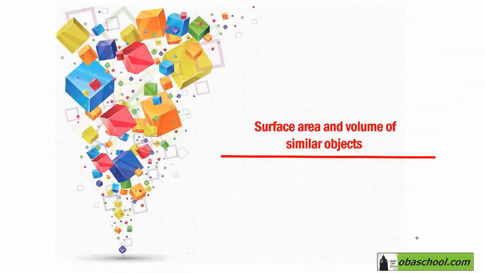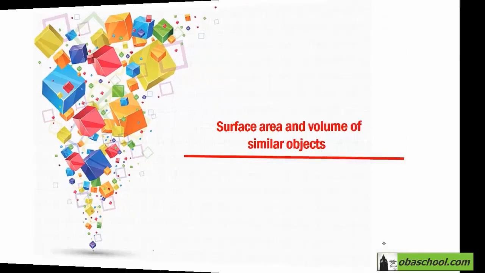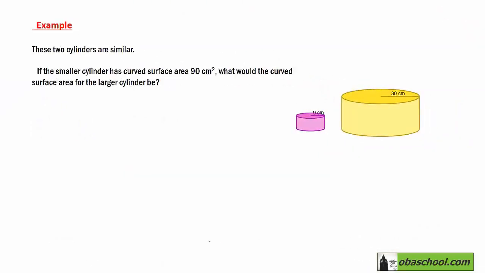In this tutorial, we're going to be talking about surface area and volume of similar objects. So let's go ahead and solve this example. These two cylinders are similar. If the smaller cylinder has curved surface area 90 centimeters squared, what would the curved surface area for the larger